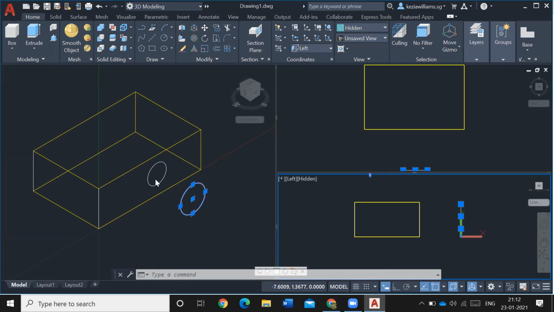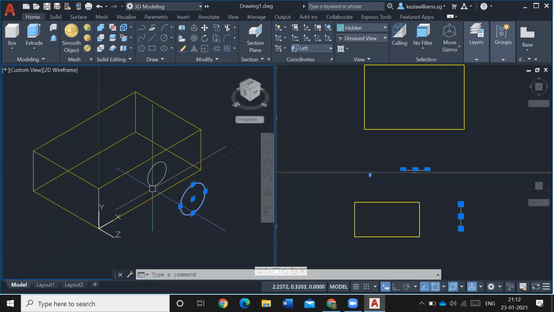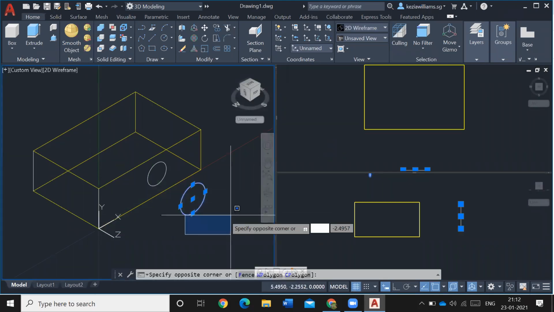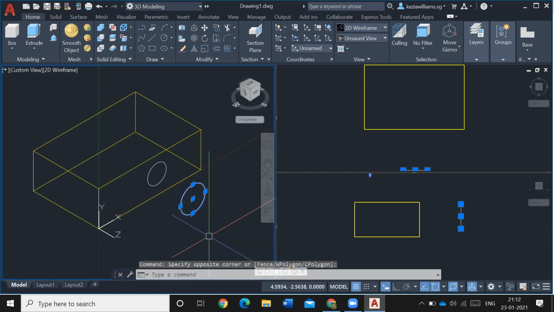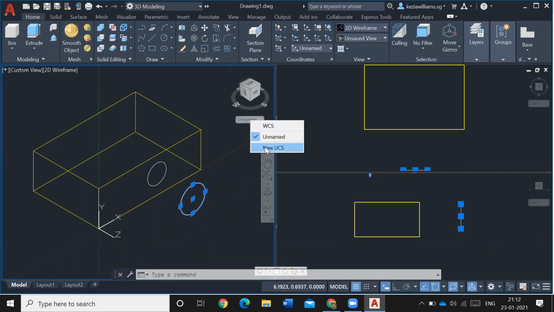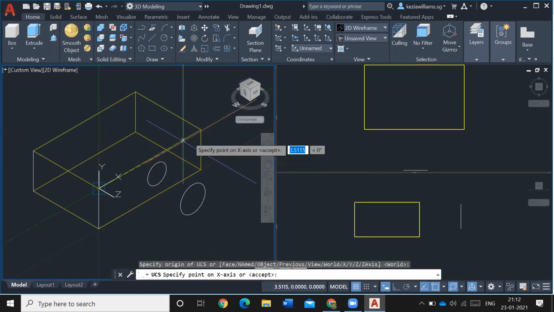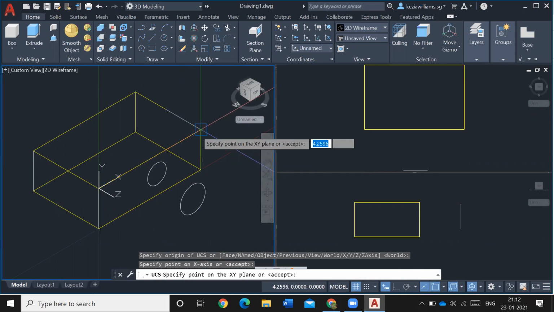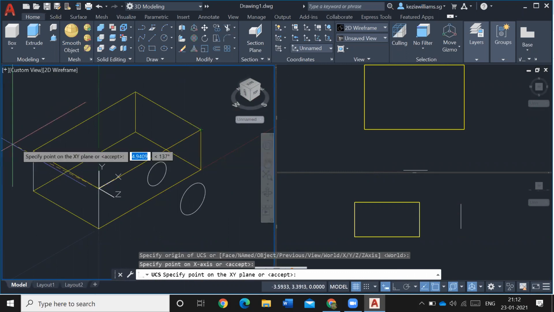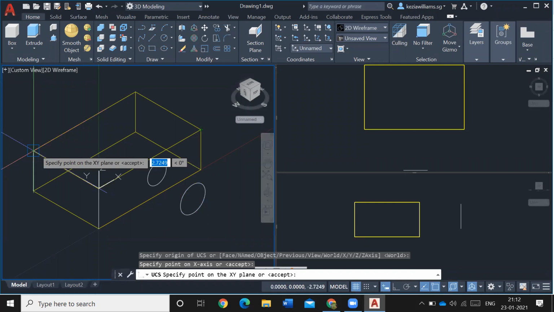So now, if you want to draw on top, what should you do? How to draw a circle on the top of the thing? Change the X and Y to top, right? Simple. There is another method as well, so I'll try it. New UCS again. Go here, select this point, then select the X direction, and this is the Y direction, and then enter.